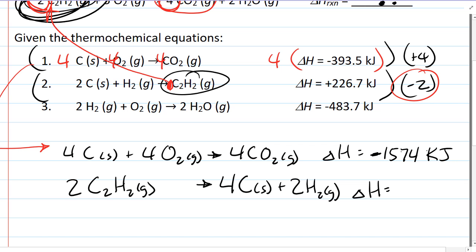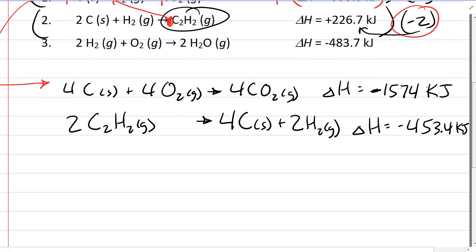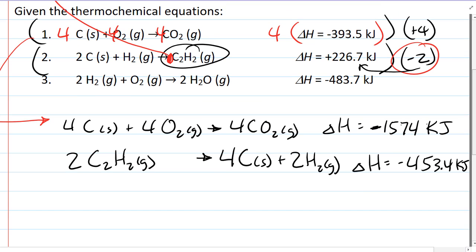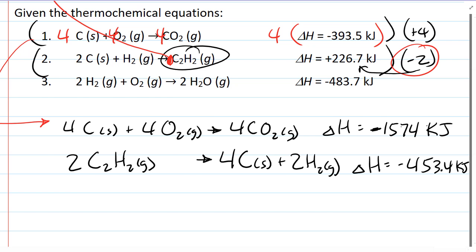The delta H for this equation is equal to negative 2 times this, which would be negative 453.4. And that would be in units of kilojoules. We might go over a minute or two here, I apologize. Finally, if we look at our last equation,